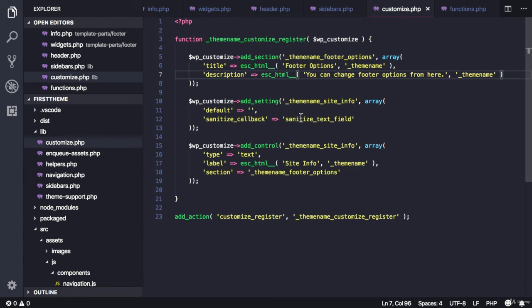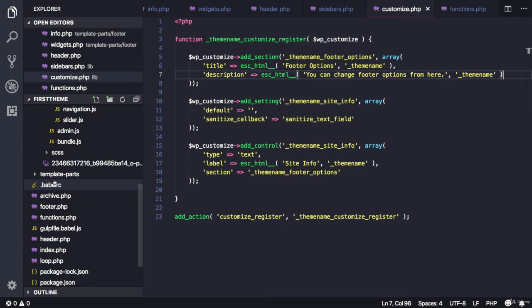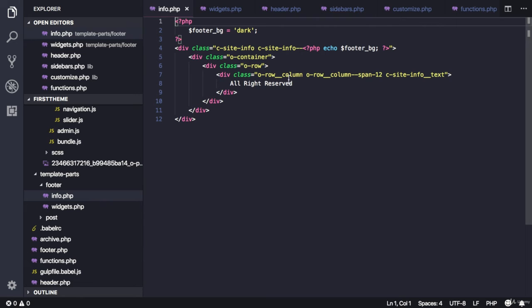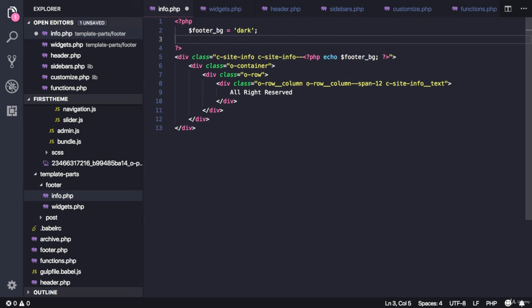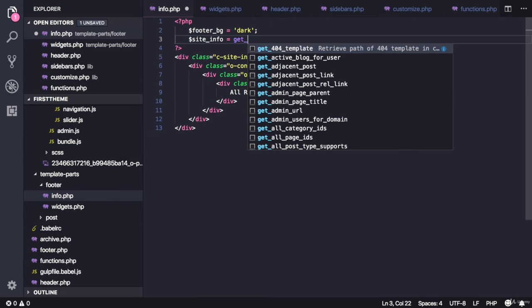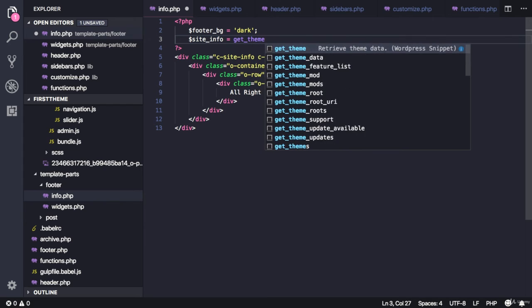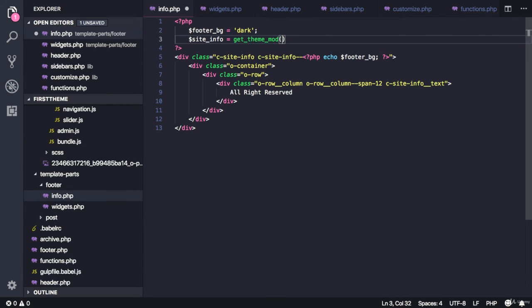So let's now use it in our actual theme. So let's go to the template parts and footer and the site info or info.php. And instead of these hard-coded texts, let's now fetch the setting from the database and display it in the footer. So let's create a variable called site info. And to get an option, you can use either get option or get theme mod. So in our case, our setting type is theme mod, so we will use theme mod and then simply just give it the ID